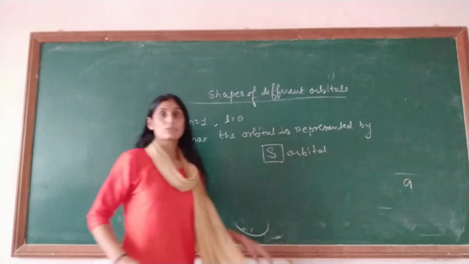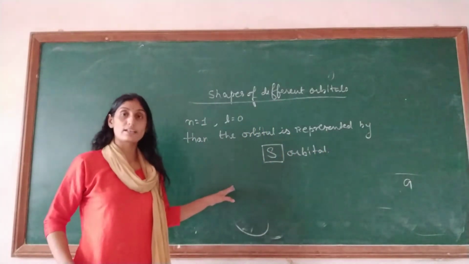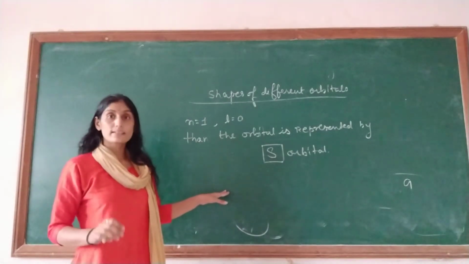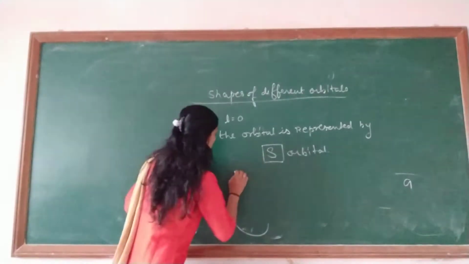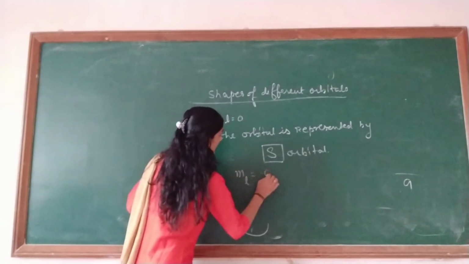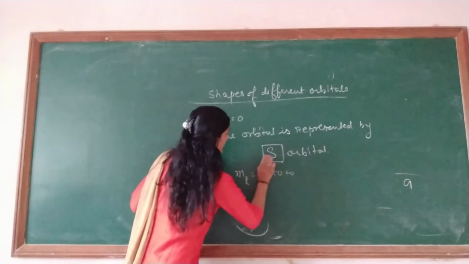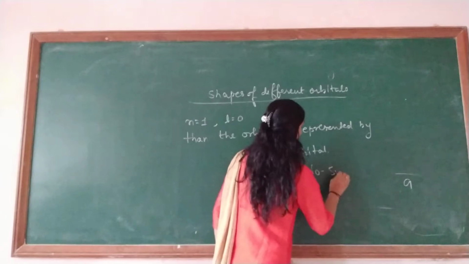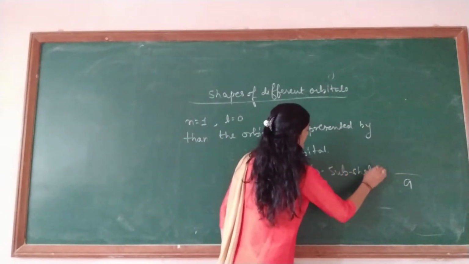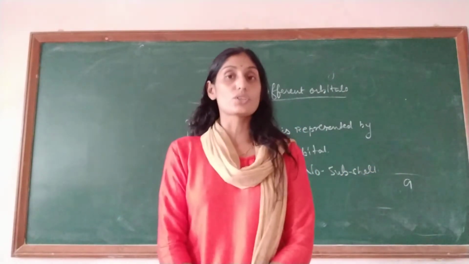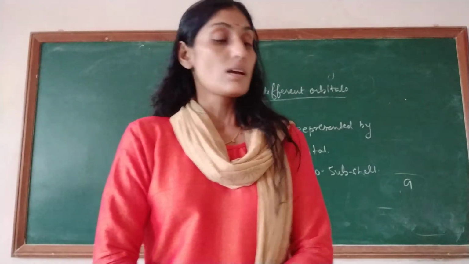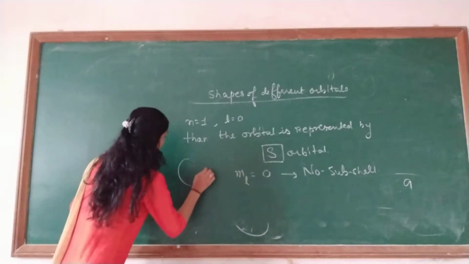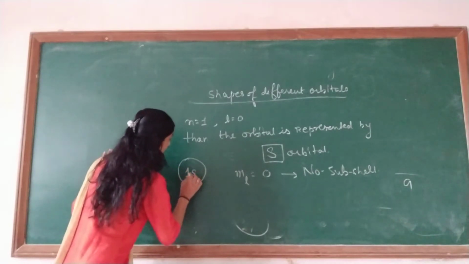Now we have to check whether the s orbital has an orientation in x, y or z. So how are we going to do it? By the magnetic quantum number m l. m l is equal to minus 0 to plus 0, so we get the value 0. That means it has no subshell. So when we talk about the shape of the s orbital, s is the only orbital where the shape is spherical. It is 1s.